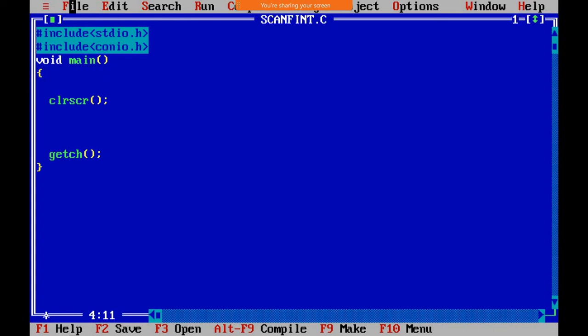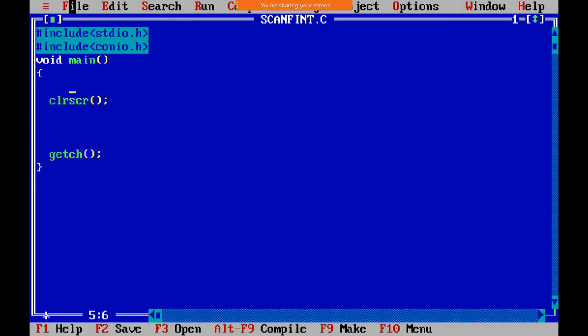The important thing, if you want to scan any value from the console, make a note of that. In that case we only need to declare the variable, if you want to accept the value from the user. If you don't want to accept the value from the user, we will initialize it with some values like 10, 20, 30.